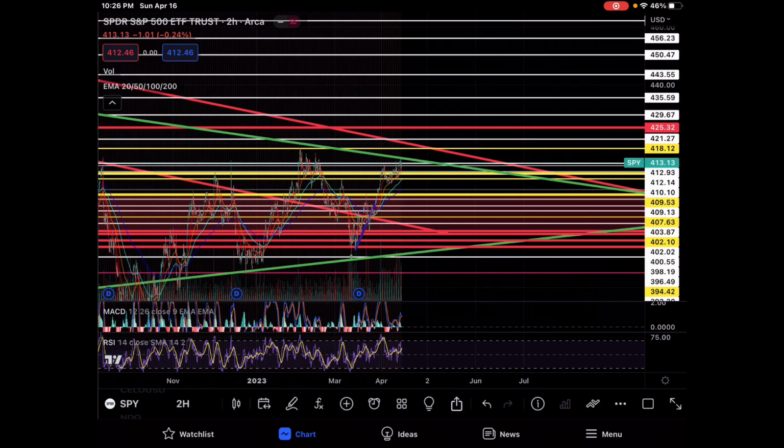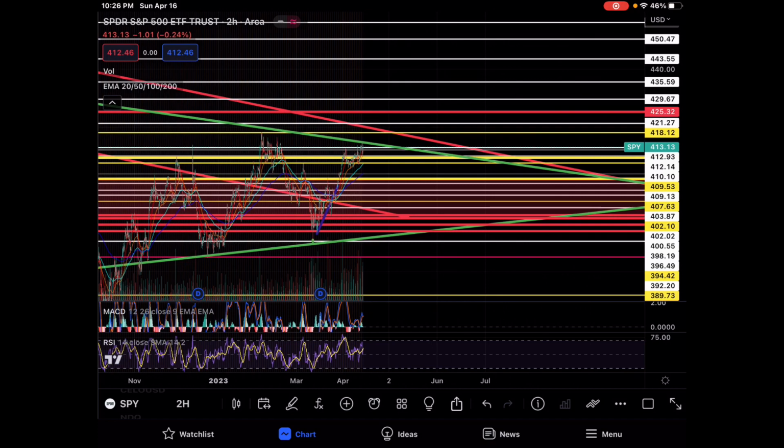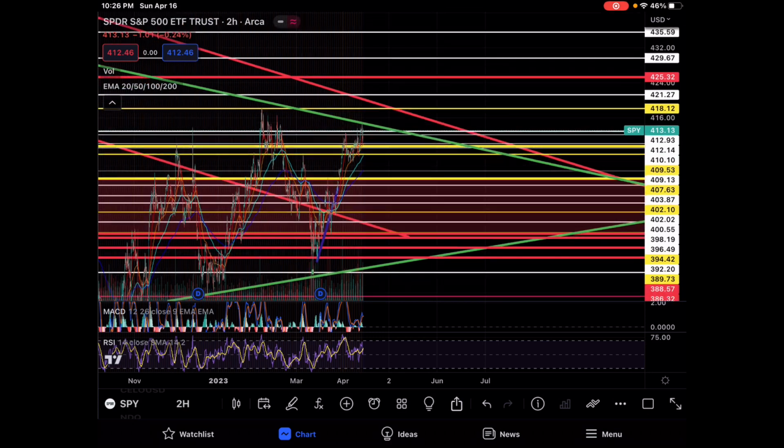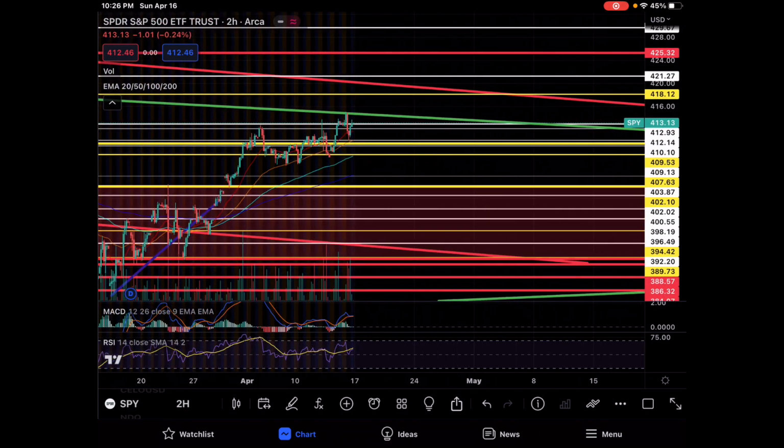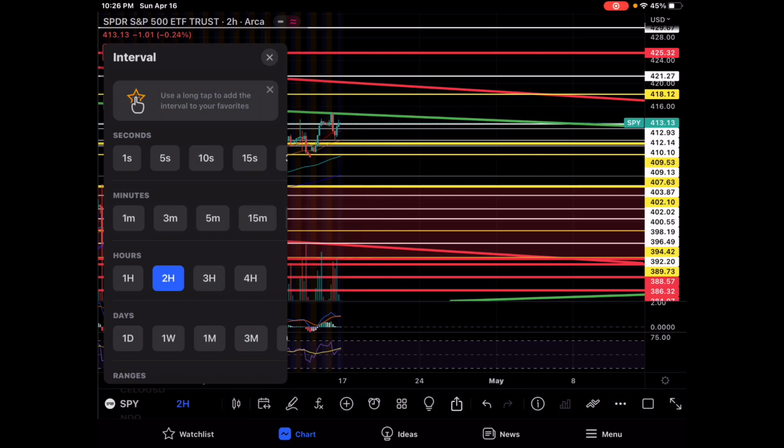All right, so you can see that green symmetrical triangle, rather large, that we've been in for a very, very long time. Perhaps we'll try to get top side of that. We have a full bullish divergence on the 2 hour, right? We're still supported by the 20-day. Everything looks pretty good. You've got that flagging on the volume, but that's to be expected. You have to cool down. The RSI looks like it wants to get rejected off of that EMA line, but it might curl back around after it flags and come back up. We still have maybe some room to run there on the 2 hour.